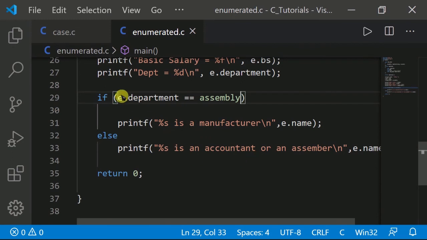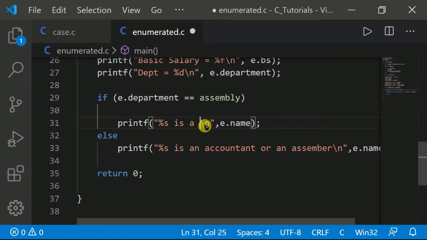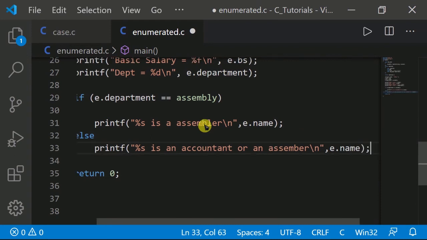So now e dot department equal to assembly, then it prints this statement: he is a manufacturer. Now assembler, otherwise he's an accountant or a manufacturer.